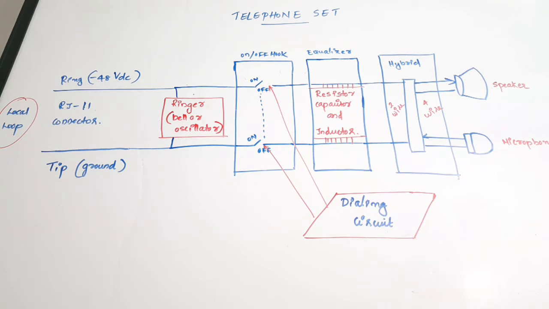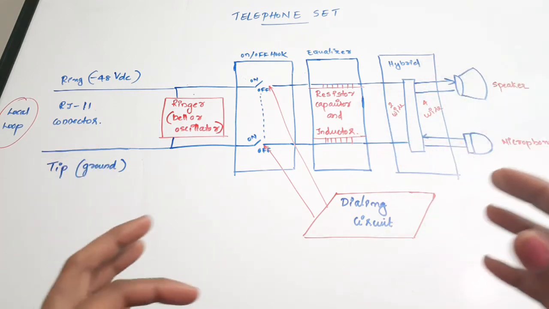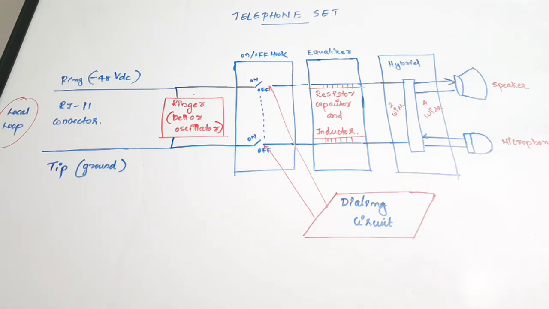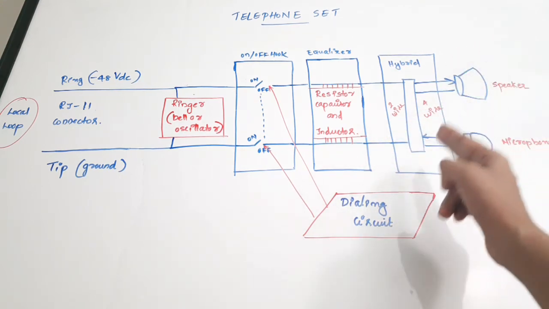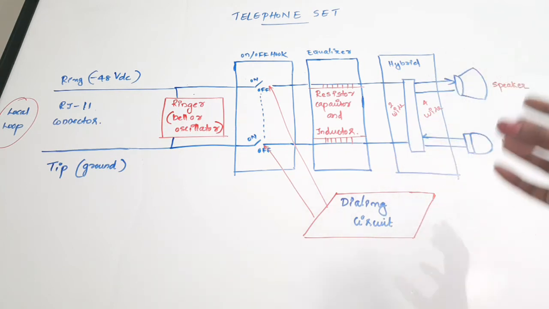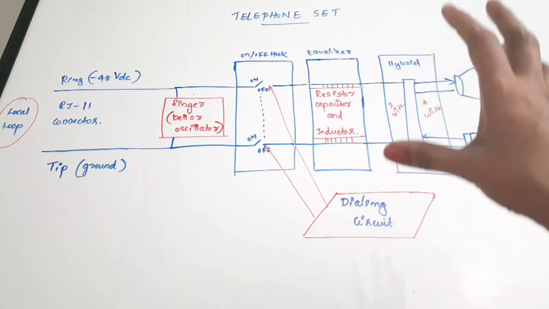Next one. Another function of this hybrid circuit is to allow a small portion of the transmitted signal to be returned to the receiver itself. That is, when we are making a call, we can also hear the dialing tone, right? This is also enabled with the help of the hybrid circuit. So the main function is to convert a 2-wire network to a 4-wire network. Apart from this, it also sends a portion of the transmitted signal to the receiver side, so that the caller is aware that the call is being made, and is able to hear that dialing sound. This is achieved with the help of a hybrid circuit.